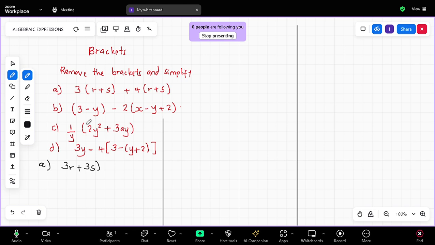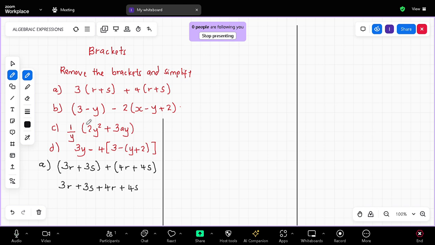We are done with the multiplication of what is outside by what is inside, plus the second bracket: 4 multiplied by r is 4r, plus 4 multiplied by s, that gets you 4s. So now we need to remove the brackets. That becomes 3r plus 3s, then plus 4r, then plus and plus is a plus